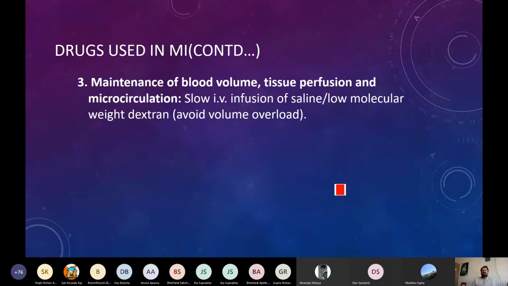The third thing is that we have to maintain the blood volume, tissue perfusion and microcirculation. Otherwise, this might be the cause of death. Again, I talked about elevating the limbs. What we are doing by elevating the lower limb is providing blood flow towards the important organs. Legs are not important immediately. We have other organs like kidneys, liver and brain, which need